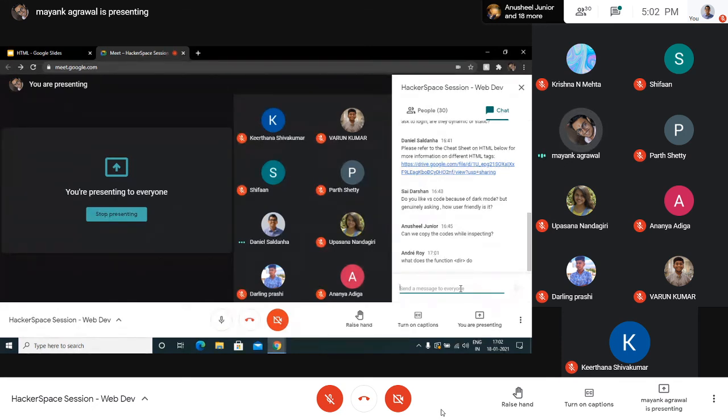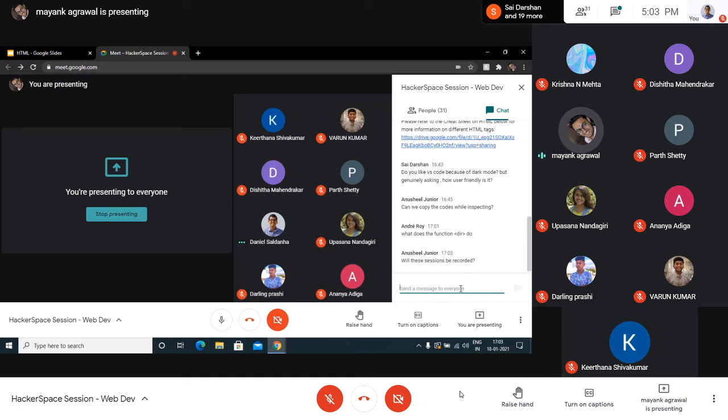Okay, and then, what does the dir attribute do? So dir specifies the text direction of an element's content. Say that you want some content to be displayed from right to left instead of left to right. You can just use dir. It's not a tag basically, it's an attribute mostly, I guess that's what you're referring to. It's generally an attribute to specify that I want it to be read from left to right or right to left.